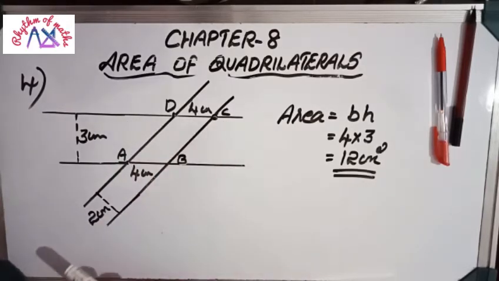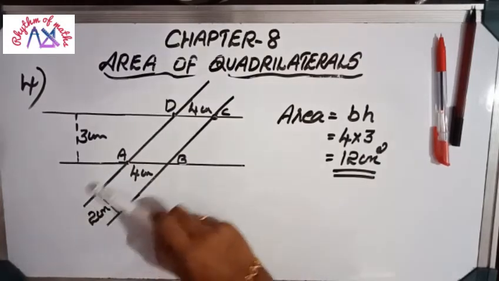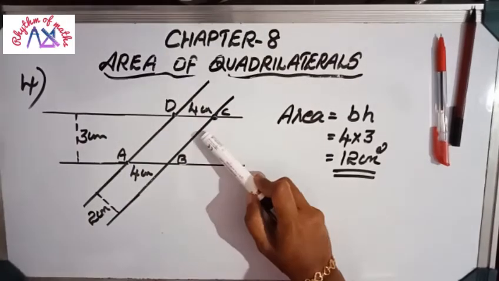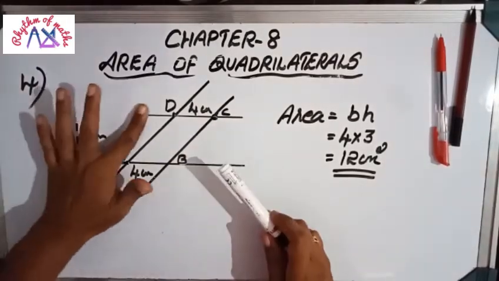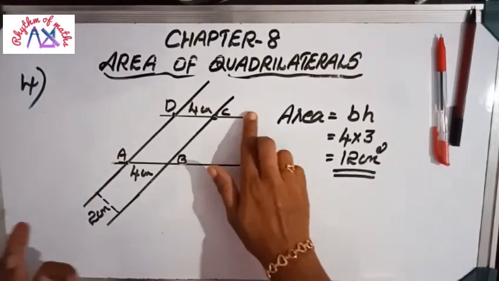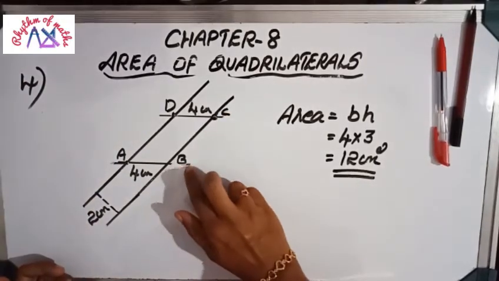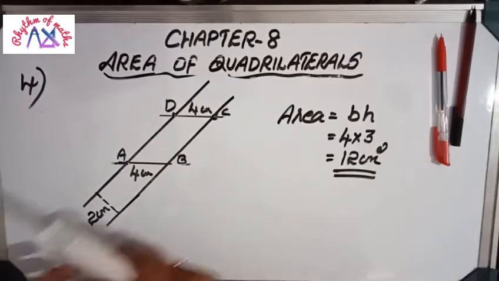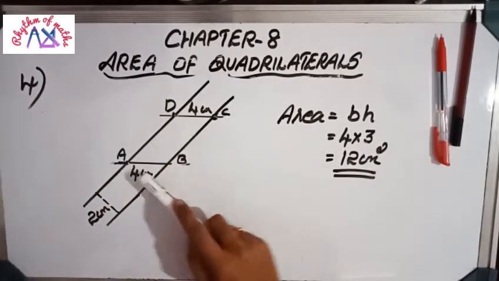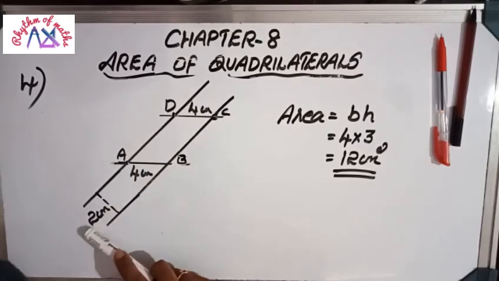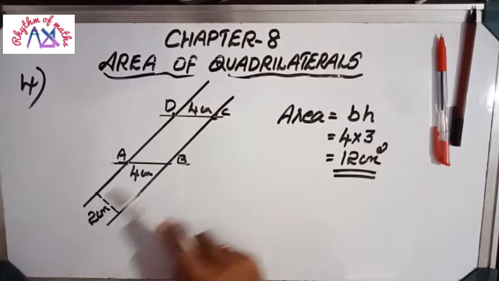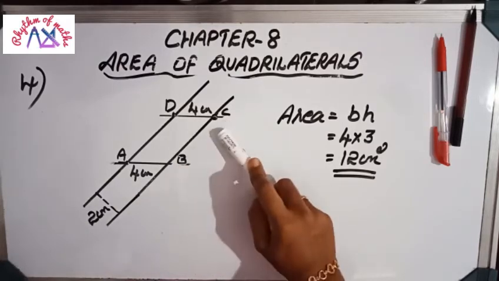These two are equal. For that, let's consider this line. Just to avoid this portion, no need of this portion and this line, just consider only this portion. Here AD and BC are parallel and distance between these two sides is given as 2 centimeter. Okay, distance is 2 centimeter. And BC we can consider as base.